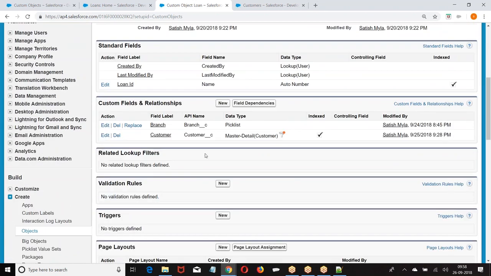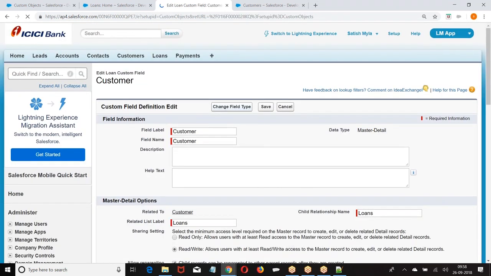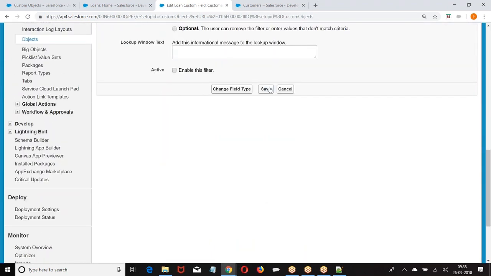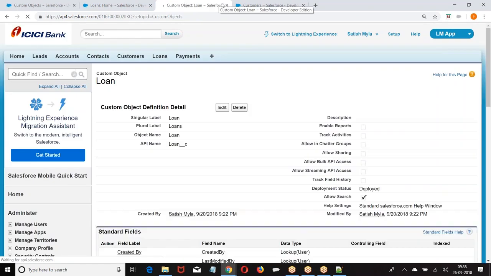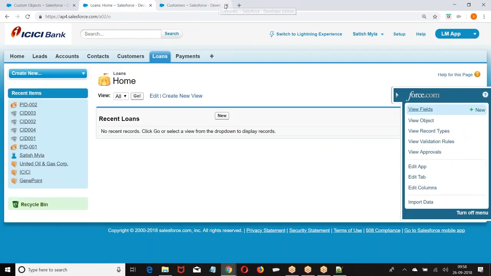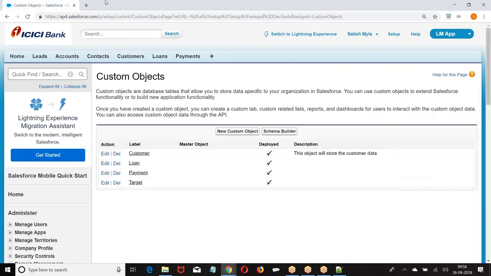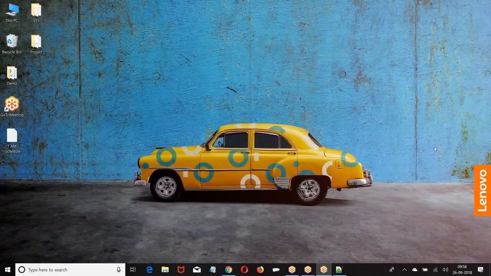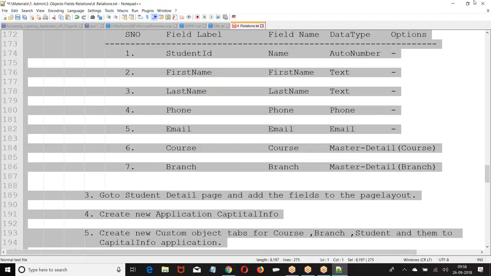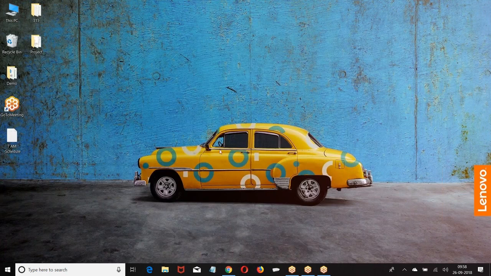Master detail field can be created where? Master detail field can be created only on custom object, which does not have any data. Next. It is used to create one-to-many relation. Now it is a required field. I cannot leave the value of this field blank.